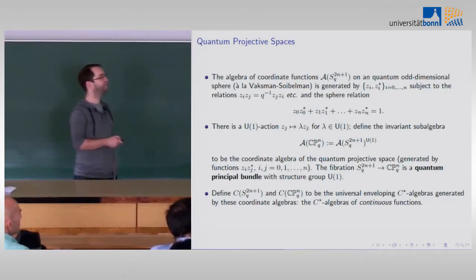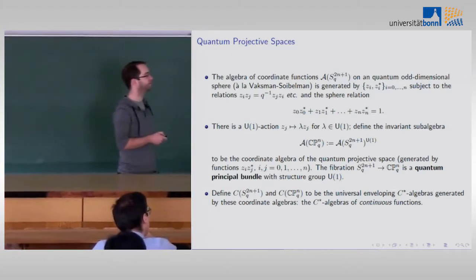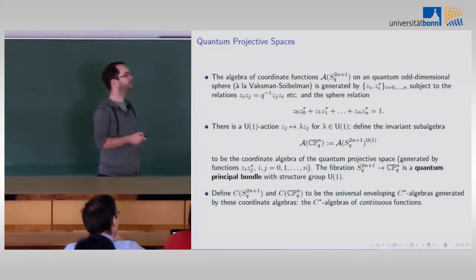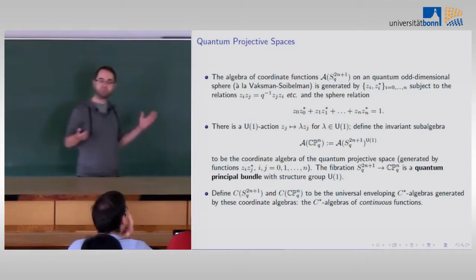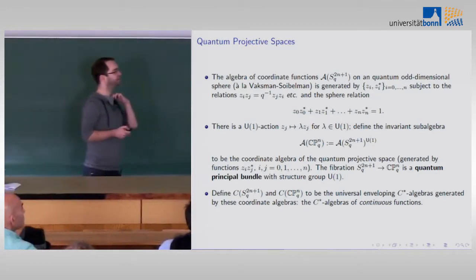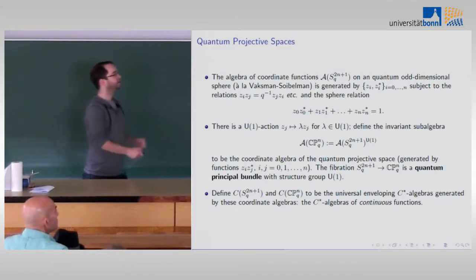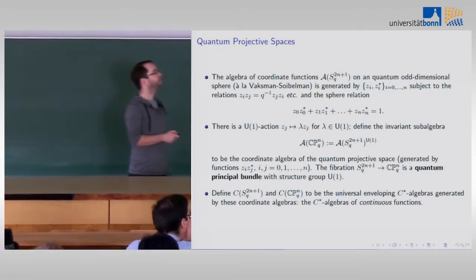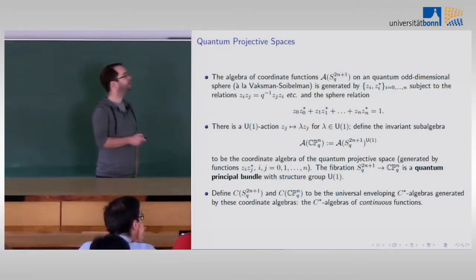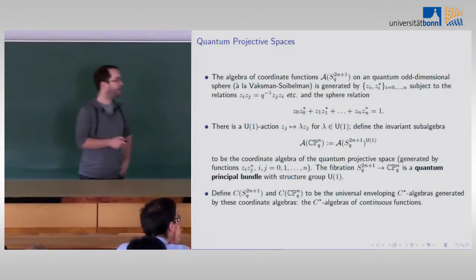And this is a principal bundle in a certain sense, which I won't define, but really what it means is that there's a certain condition which says that this U(1) action is free in some non-commutative sense. So I have coordinate algebras, quantum sphere sitting over quantum projective space somewhere here. And I define